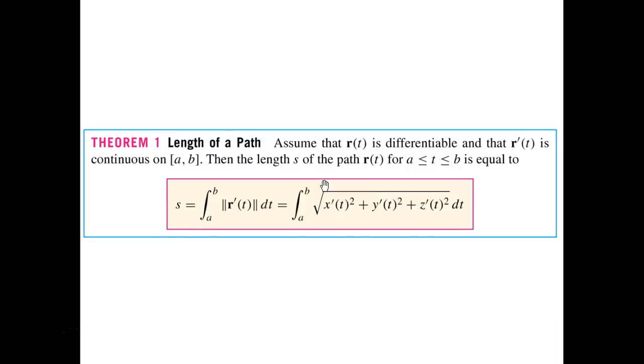The two-dimensional version was the distance formula. Guess what? The distance formula here is basically the same thing, you just extend one more dimension. And if you were up in n-space somewhere, you just have n dimensions on it. But this is what the arc length is: the integral, t going from a to b, of the magnitude of those,